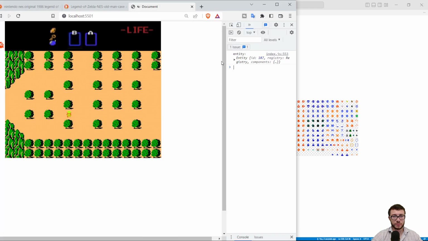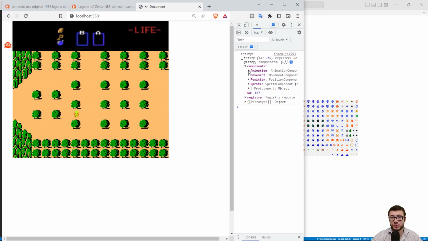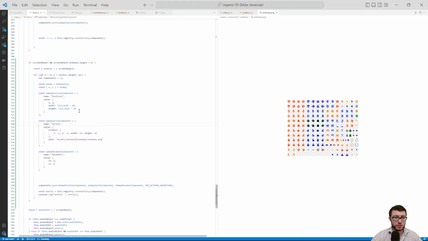Okay. Oh, and if you see in the corner of my screen, he's over here. Okay, so it is working. Okay, so we are properly creating the entity. X2, Y2, X4, Y2. Oh, interesting. I think what we need to do is we need to times this by tile size,